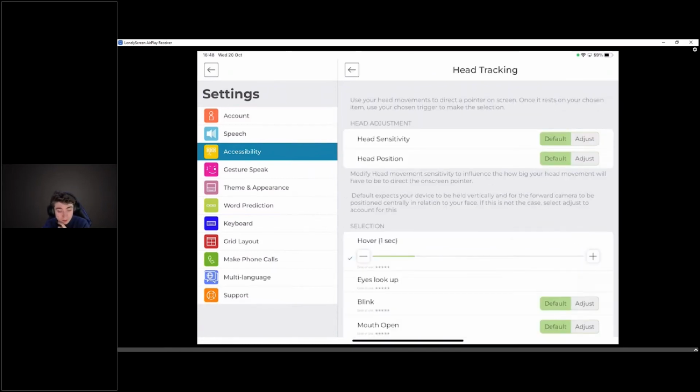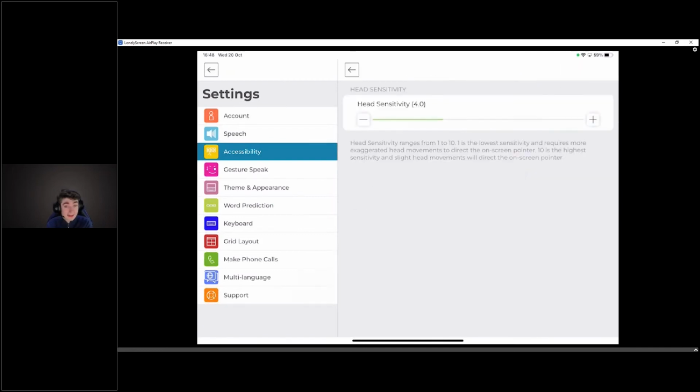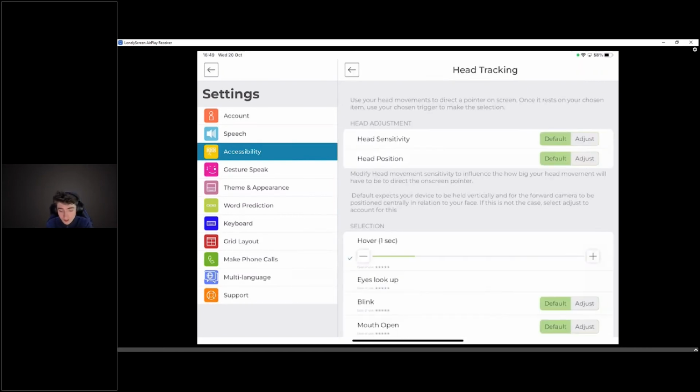Firstly, you might want to adjust head sensitivity and head position. Sensitivity just means how much of an exaggerated head movement is required to move that cursor around. 1 is the lowest, so I'd have to move my head quite a lot to move that cursor around. Conversely, 10 would only require very slight movements. Head position,